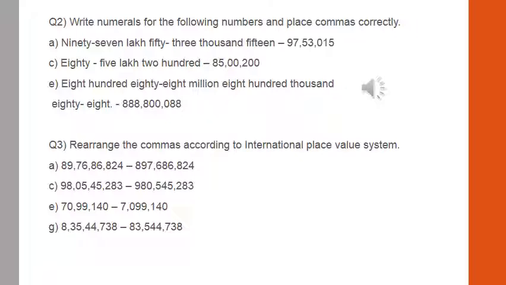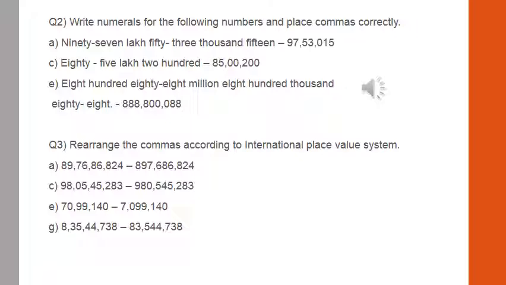Now let's start question 2. Write the numerals for the following numbers and place commas correctly. Here the number name has been given to you. We have to write down these number names in numerals, and we have to put the commas also. The first, A part, is